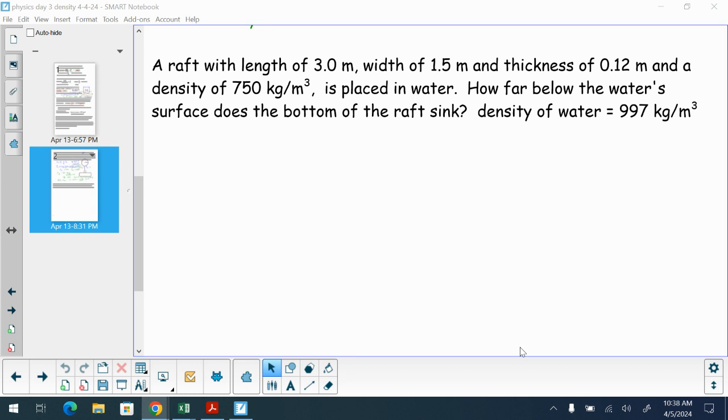Density of water, we said, is 1,000. I mean, it's close enough. Depends on the purity of the water. Are we talking about lake water, pool water, or swamp water, salt water? We'll use 997 here. So what we have